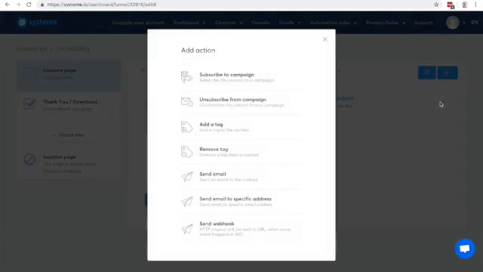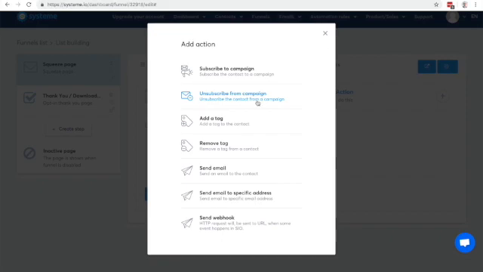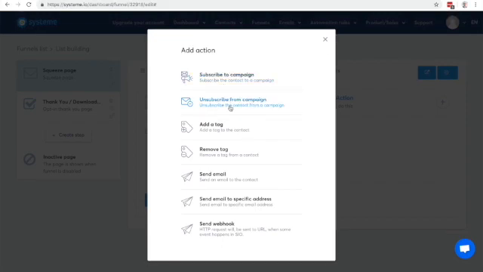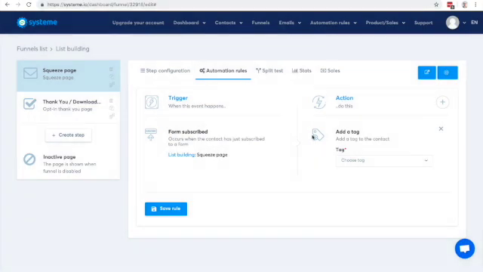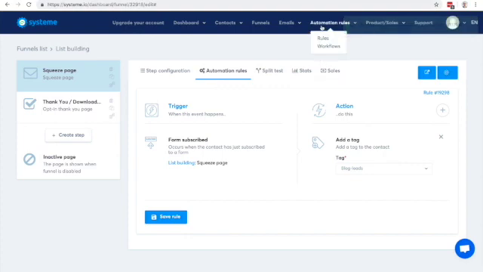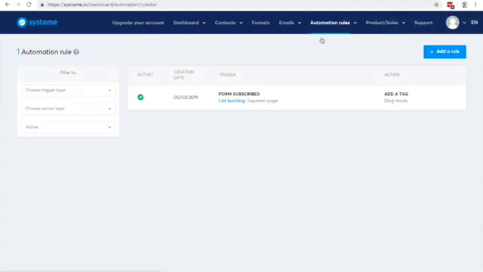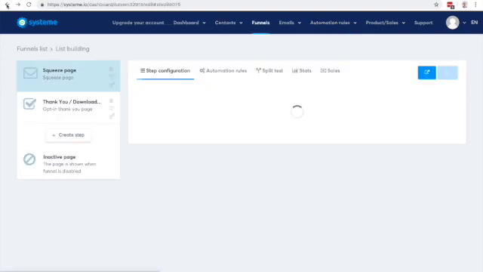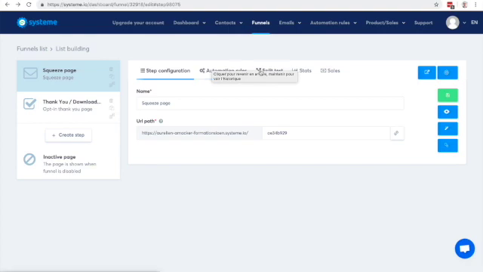I can choose any action. So here I have a variety of actions I can choose from. So let's say I want to add a tag. I've got only one, so I just click here, save rule, and that's it. And actually, if you go to automation rule now, you will see the rule, okay? But you can access it as well in the sales funnel step. All right, so there it is. I created a very, very simple sales funnel to build my email list in a couple of clicks, as you